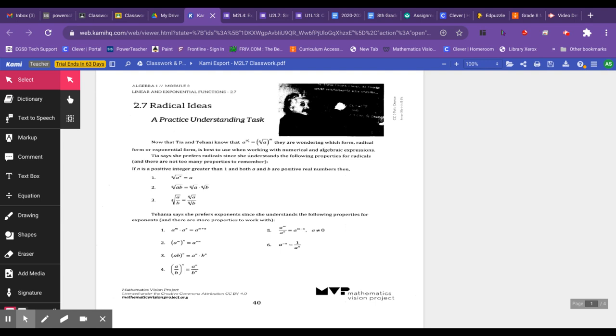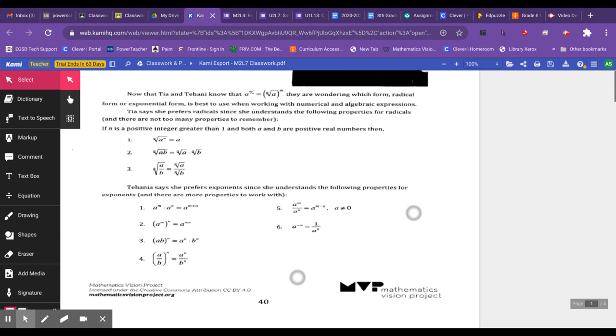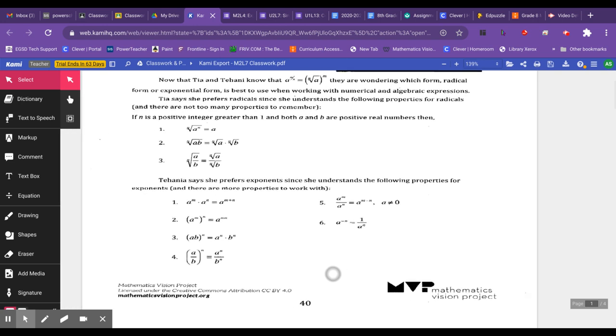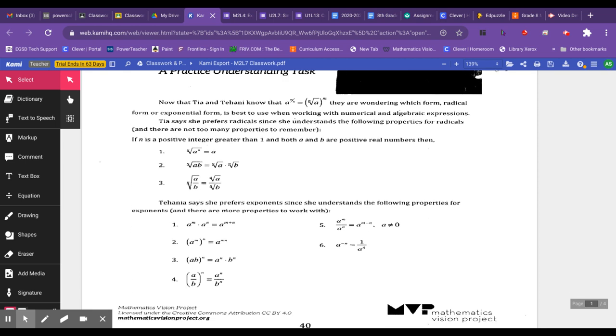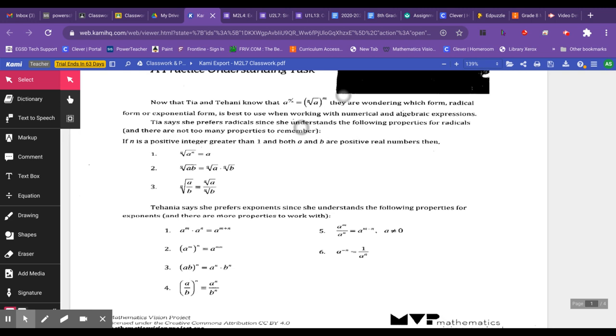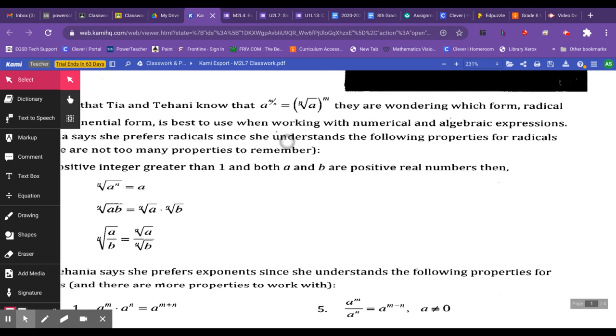Hi, this is for Algebra, Module 2, Lesson 7, Radical Ideas. In this one, we are practicing our rules with exponents and radicals. Radicals would be roots. We have two gals, Tia and Tahani, and up here, we're just reminded of